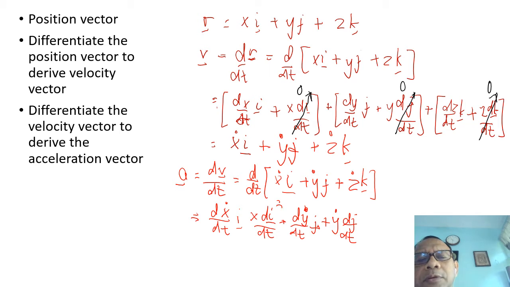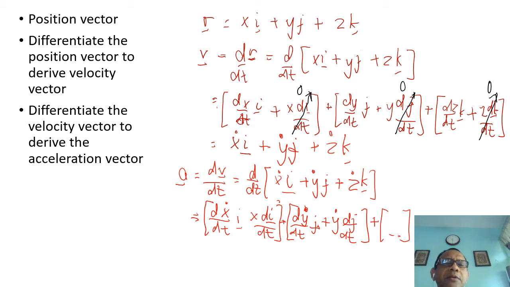So that's the term for x and the term for y. And can you complete that term for z? Because di over dt is 0, similarly dj over dt is 0, similarly also here, so we will have the acceleration vector a